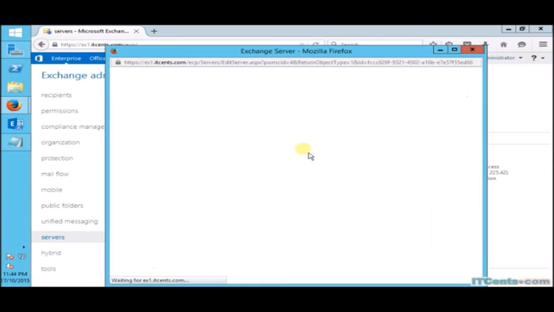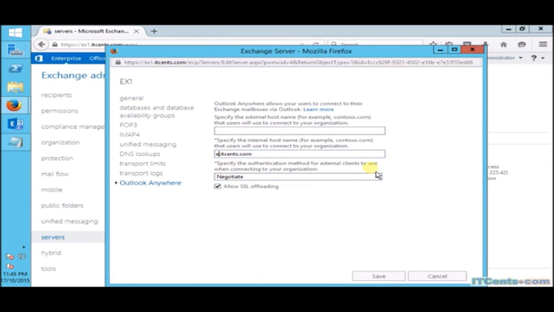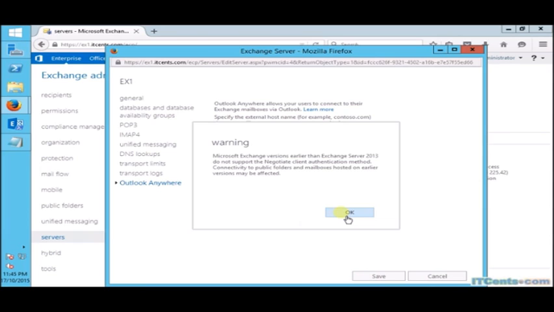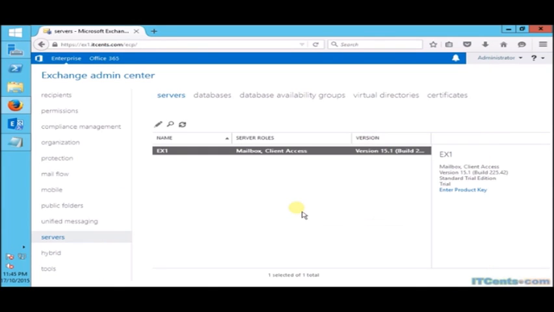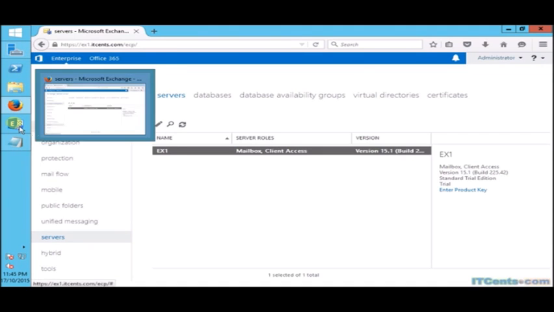Now we will do it for Outlook Anywhere. It's there under Server Properties. And I will change this to OA and OA. Good. Okay. So now I think we need Exchange Management Shell to set the Autodiscover